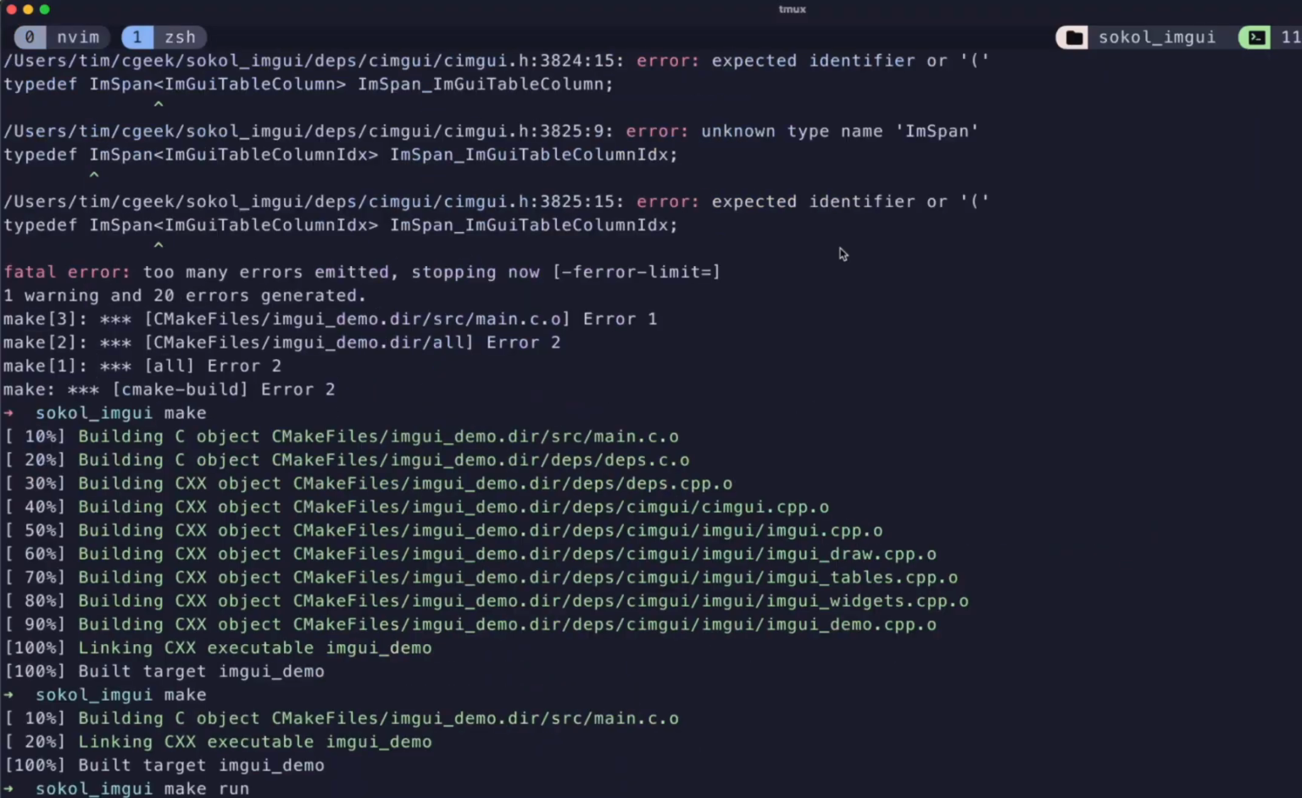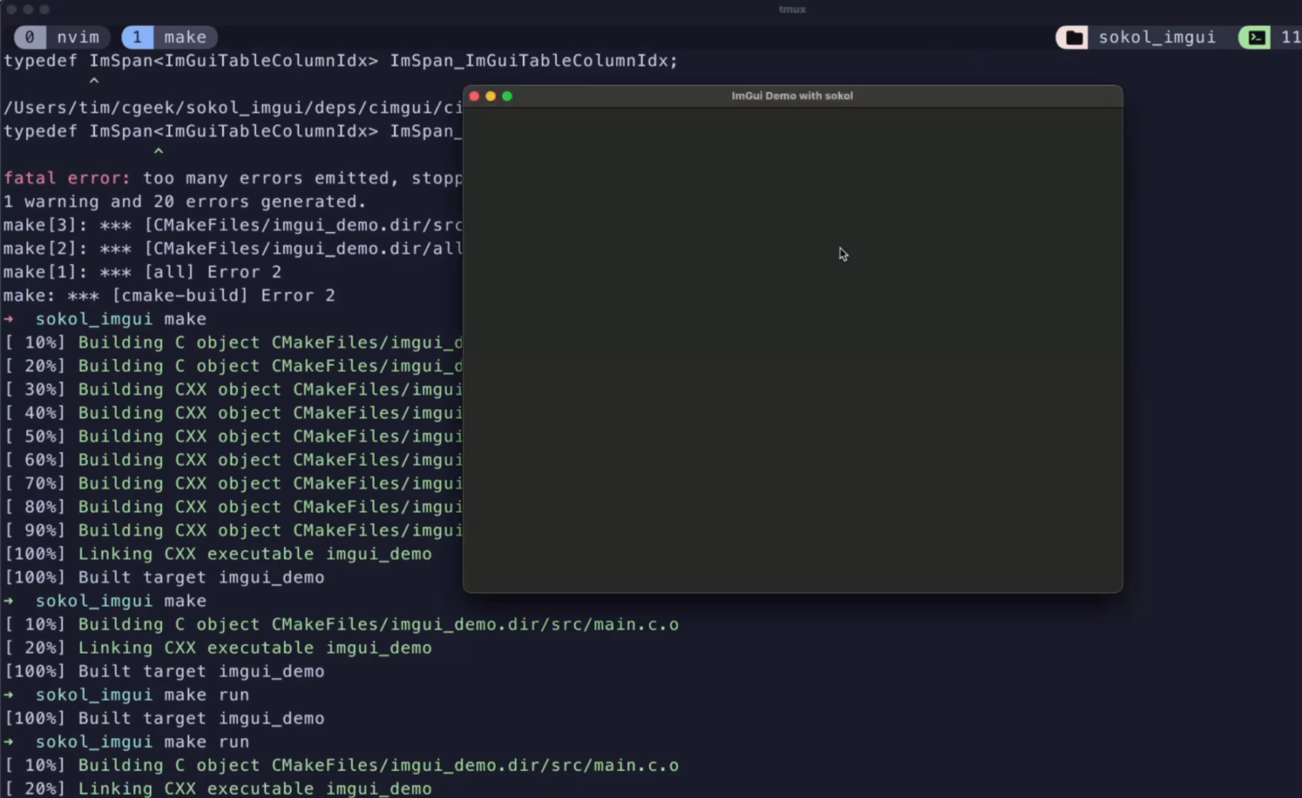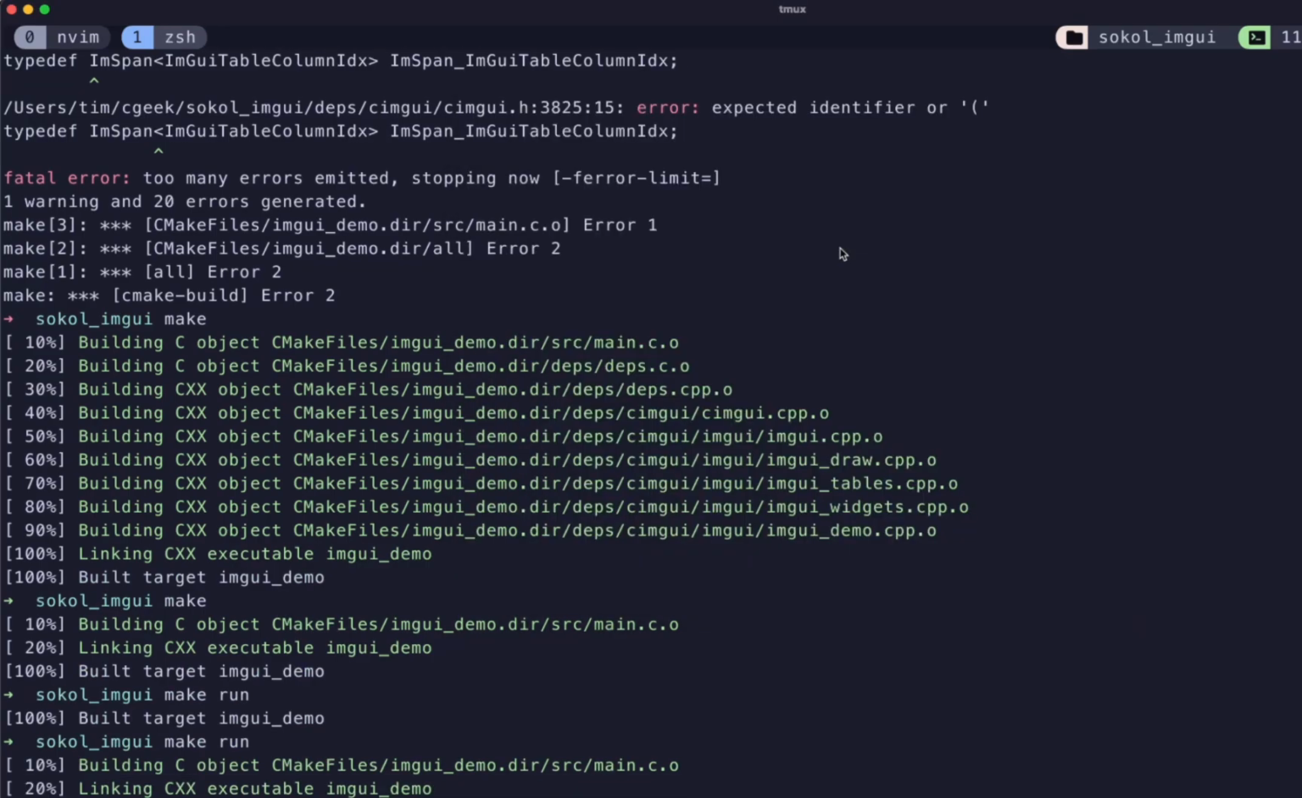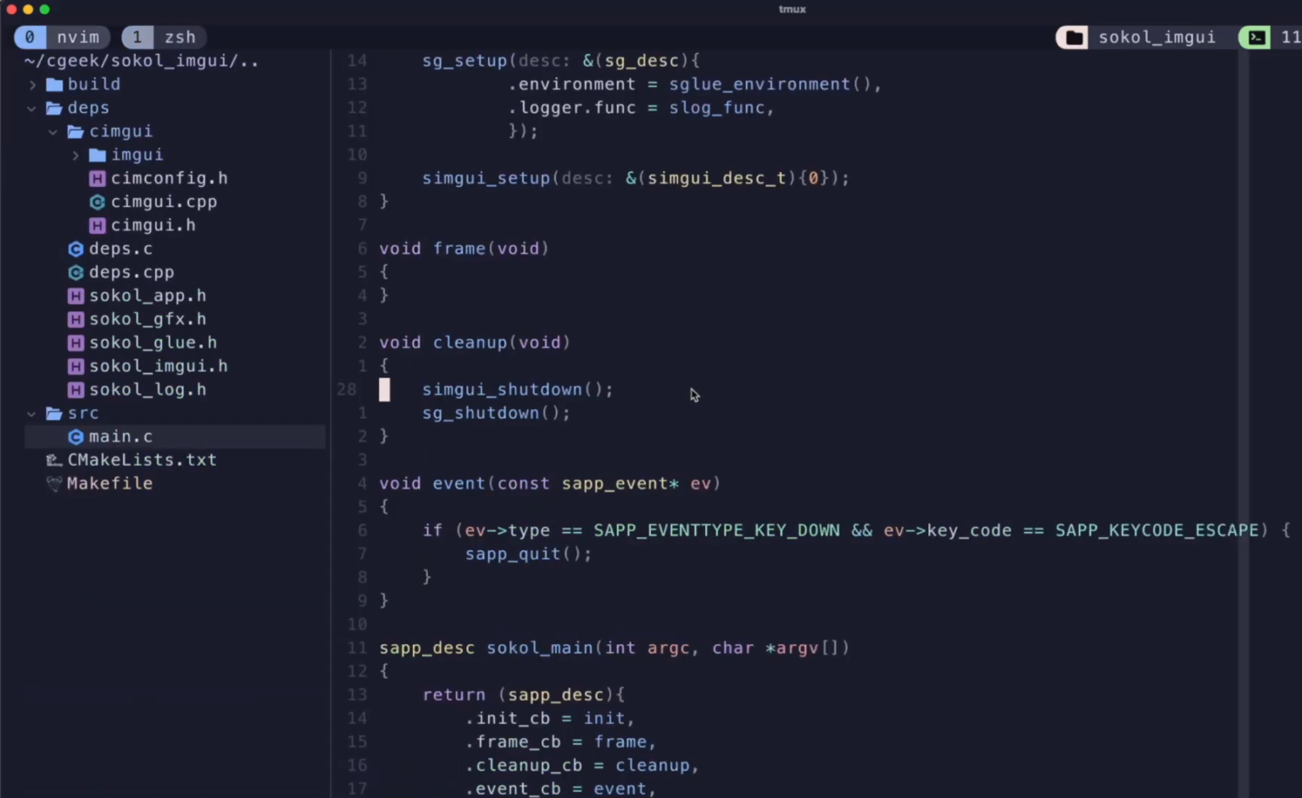Okay, and yeah, that's it. Let's just run that. Okay, that builds. Yeah, oh yeah, so now in our frame. Okay, that's right. So in our frame, there is in here,